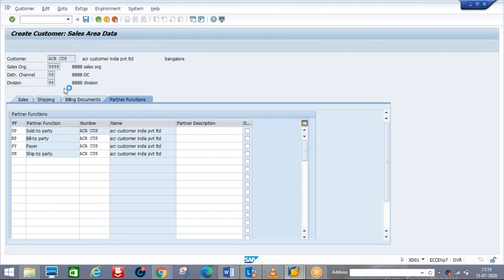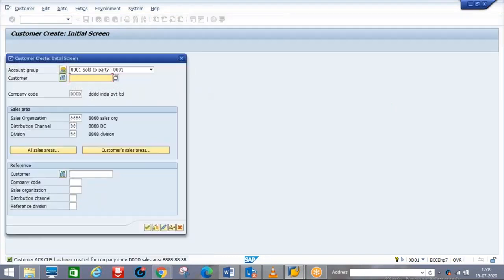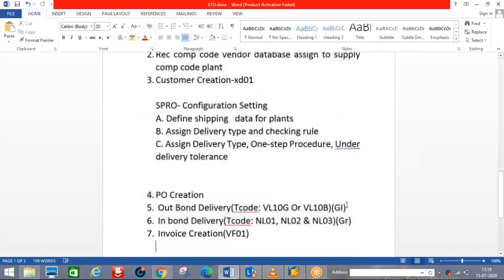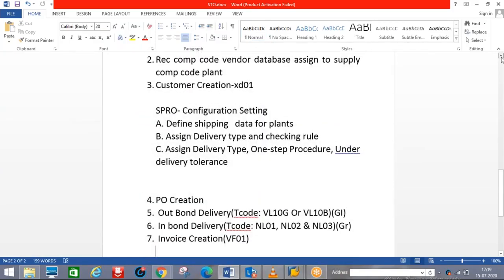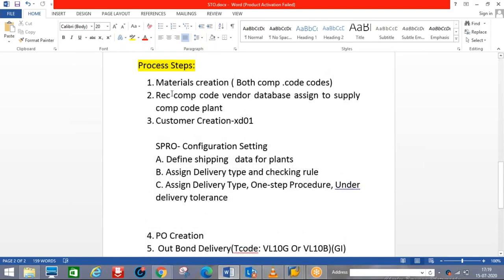Okay, so customer creation. Our customer is ACRCUS. Okay, now we'll go to the next step. So material creation is over. Customer creation, including the receiving company code, we also created. Assignment, we've done the vendor database. Now